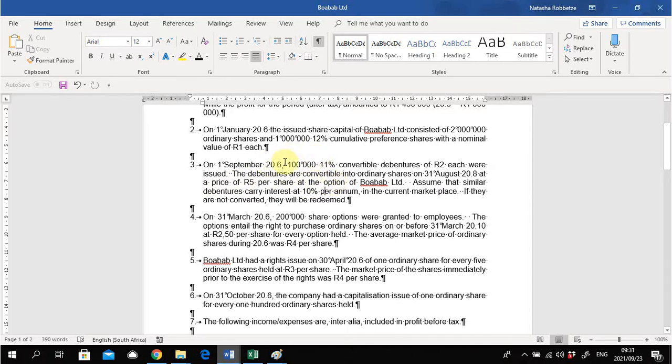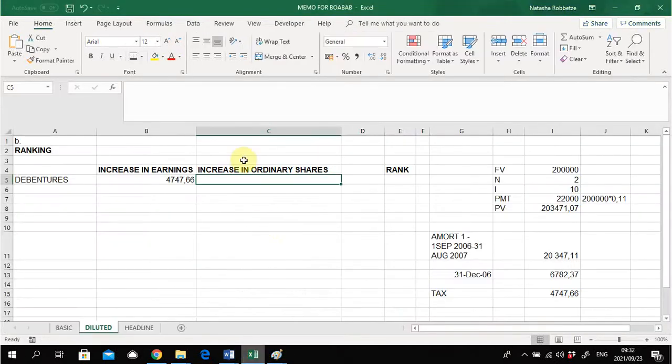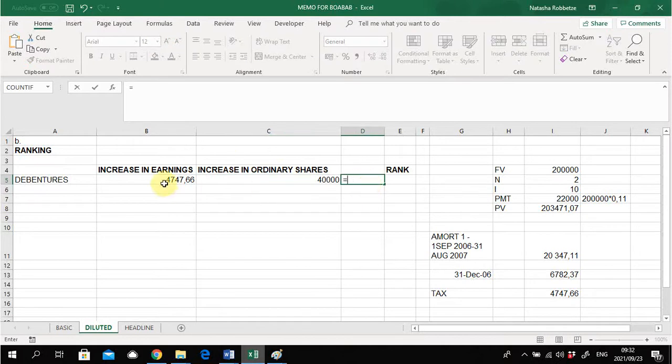So the total value that we have to pay is 200,000 in future. But if they opt to get shares, it's going to be 200,000 divided by 5 Rand per ordinary share. So if they take up shares at 5 Rand, we will give them 40,000 shares. Then, of course, we do a division, taking the increase in the earnings divided by the increase in the ordinary shares, and that gives us